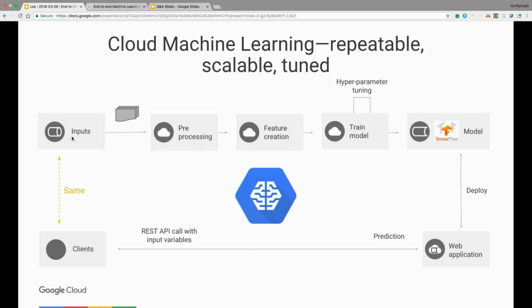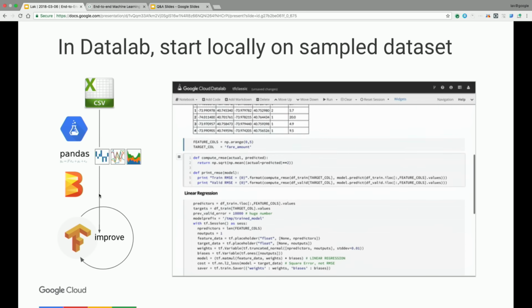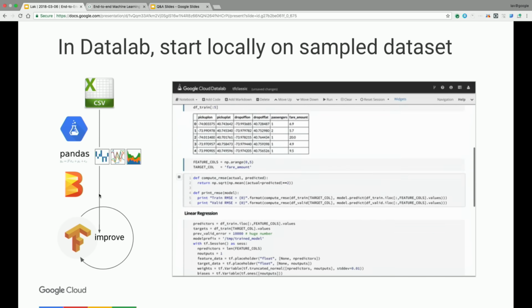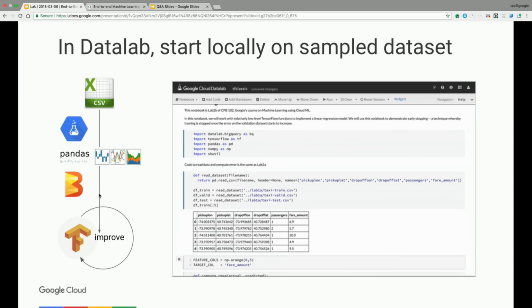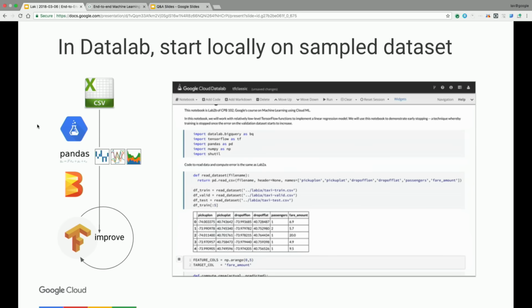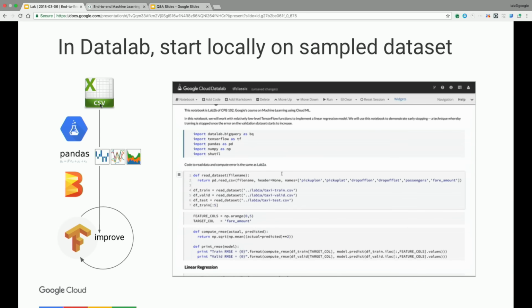Cloud ML Engine helps you to do auto-tuning, helps you to scale out your predictions, and helps you maintain it in such a way that you get repeatable results between training and prediction. Okay? So the way we go through the development workflow on ML Engine is that you start with Data Lab, which is a hosted Jupyter notebook, and you work on a small data set. Maybe you have a CSV file, you're doing your exploration in Pandas, you may be using Apache Beam,